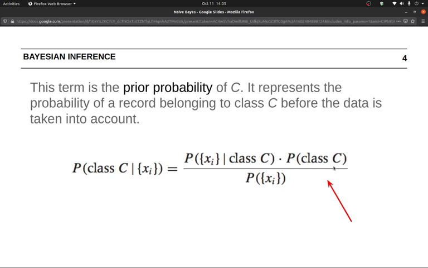Now the P(class) term in the formula is known as the prior probability of C. This we would get from our data. So imagine a data set with a series of zeros and ones denoting the class. The sum of all the ones over all the records would be probability of C. Now this is before the data is taken into account and hence known as prior probability. When I say before data is taken into account, we do not discriminate at this time anything related to features. So regardless of the features, P(class C) is the probability of a class being something. That's about it.